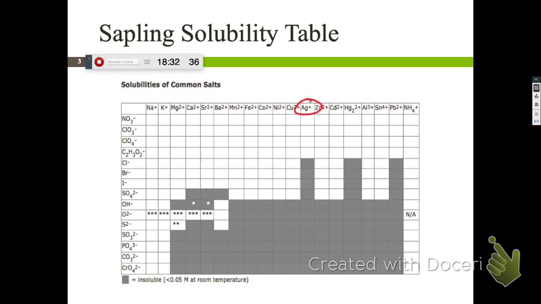So we find where silver is, we find where chromate is, and then we find where the intersection of those two is. And we say, well, that looks like it's going to form a precipitate. So that's going to form a solid. We're not done yet, though, right? We still need to look at the other cation and say if that runs into the other anion, is that going to form a precipitate? So what are the other two that are still floating around in solution?